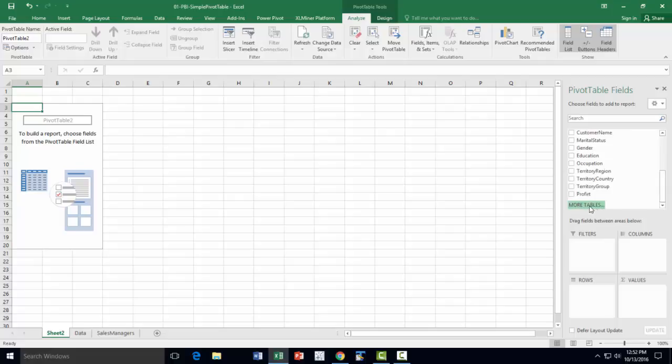Now go to the bottom and you see there is something called more tables. So this is one way of doing it. This is not the only way. There are lots of different ways in which you can create the data model. So we started out with fact sales, right? So now if you click more tables,